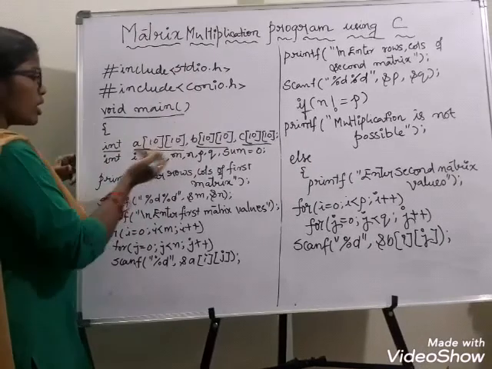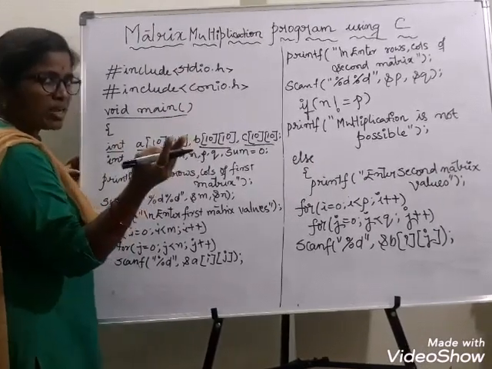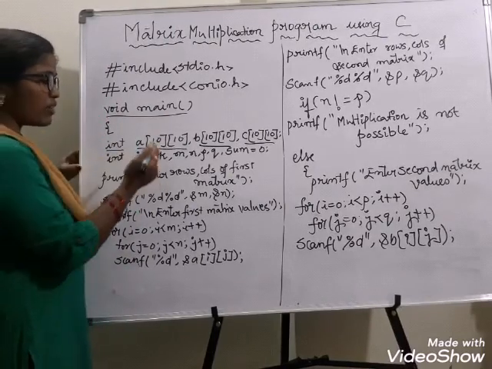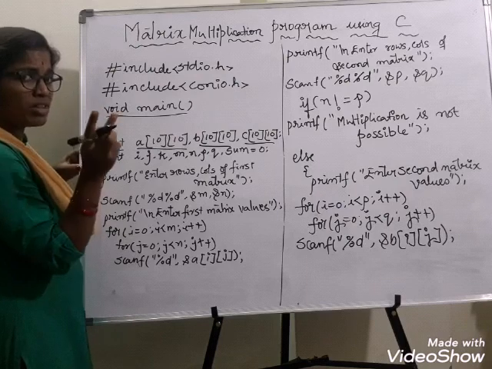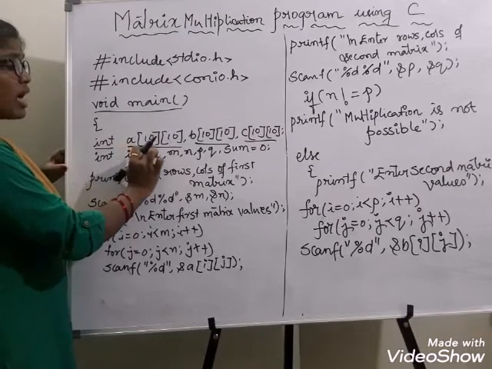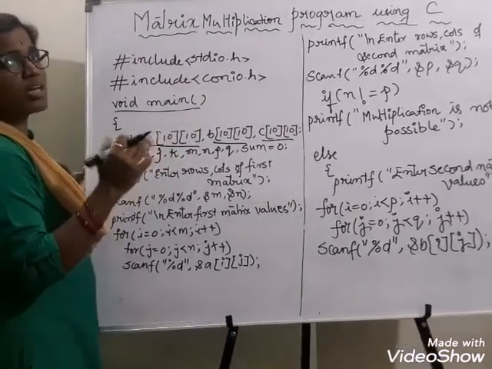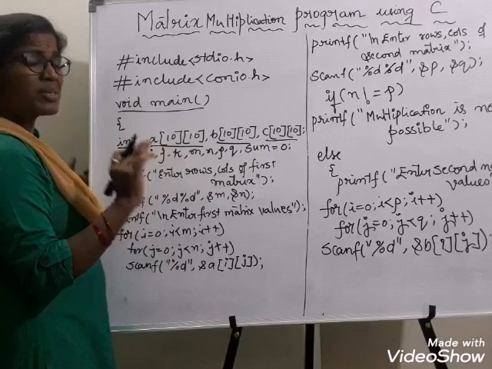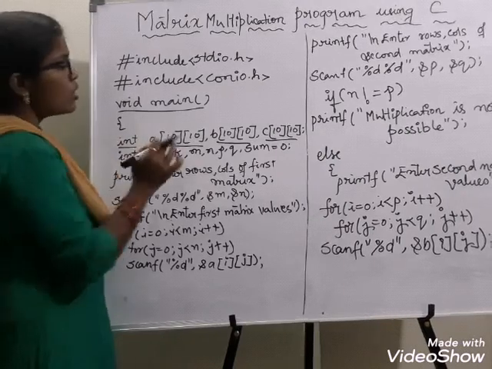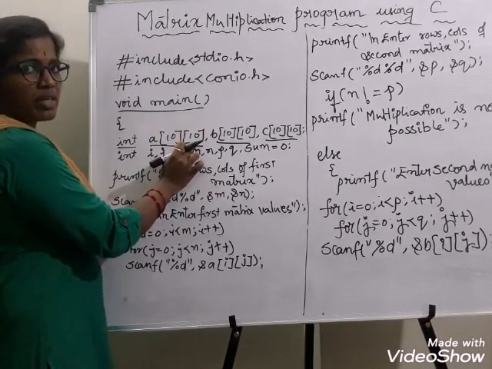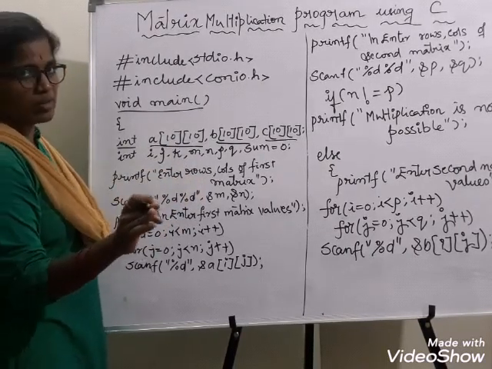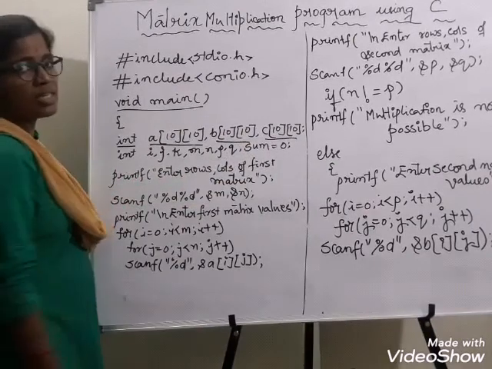Next, these three matrices I have taken, and one more thing you have to see, the difference. In the last example I had taken it as 2 by 3, whereas here I have taken it as 10 by 10, 10 by 10, 10 by 10, because I will allow sizes up to 10 by 10. That means any number of rows and columns up to 10 I am allowing here. So the maximum size I have given. It can take 2, 3 or 4 or any number up to 10. For that reason I have taken it as 10 by 10.